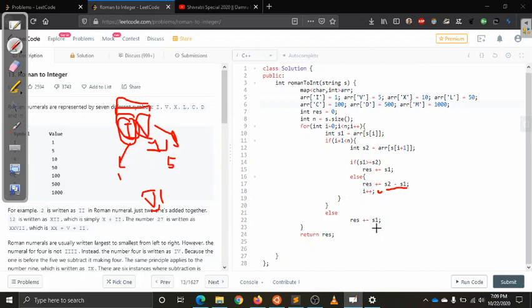And finally we are adding the result in s plus 1. Else, this is a corner condition. Suppose I am at position n minus 1, the last element, then we are not going to be inside this loop. Then the last number left is simply added to the result, and that code is very simple.